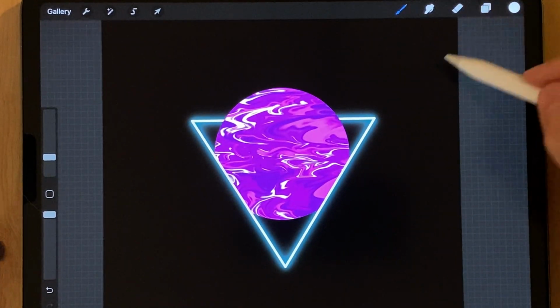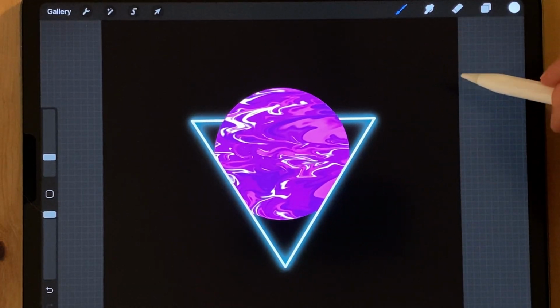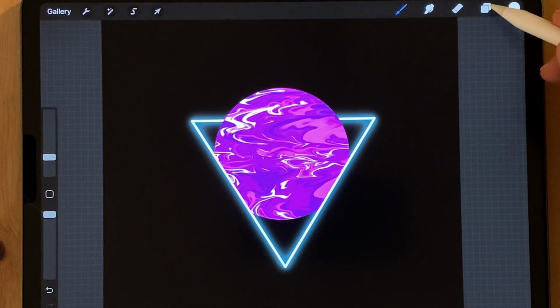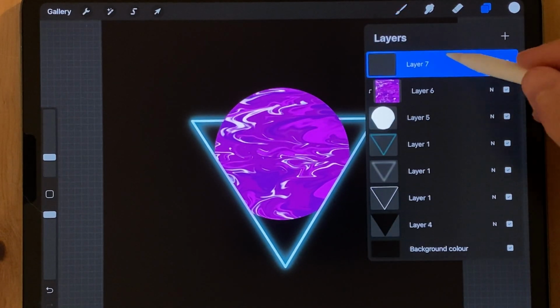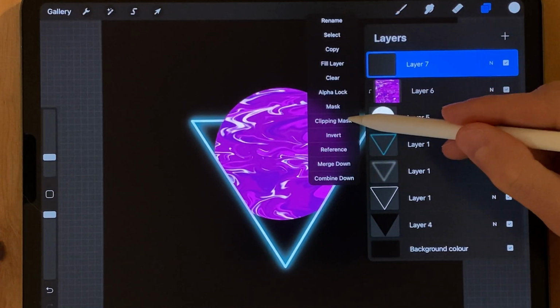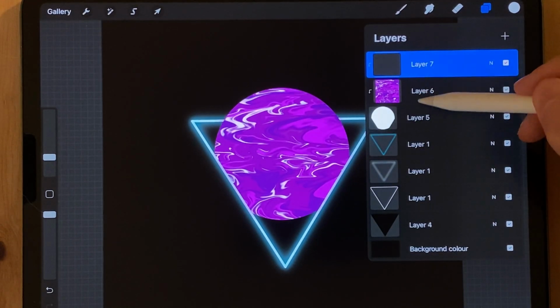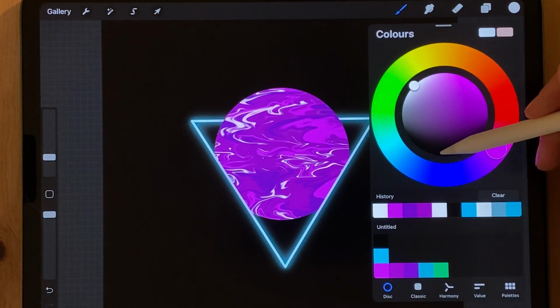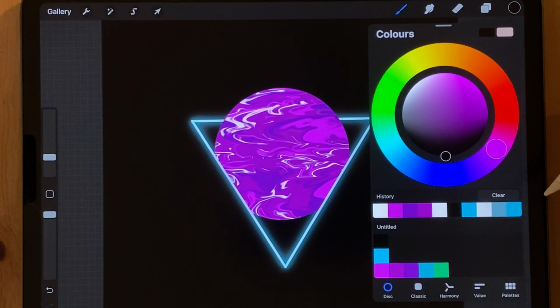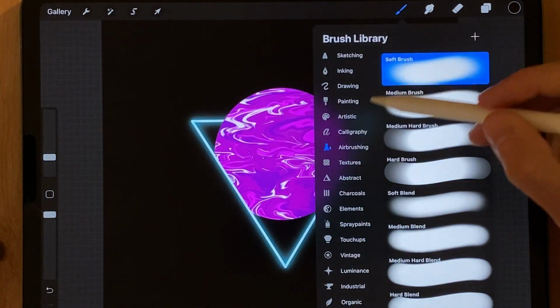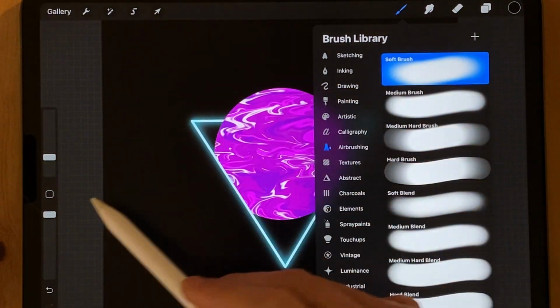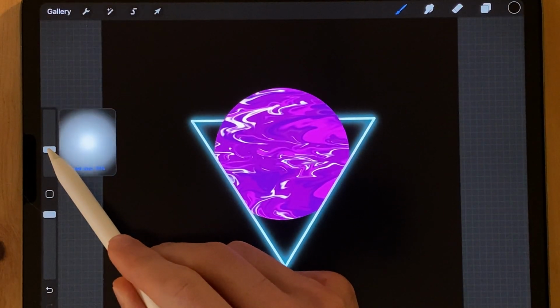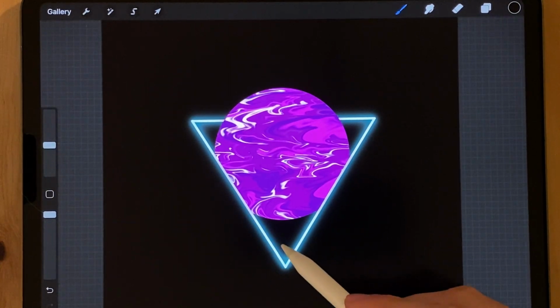We just need to start adding some shading in here, extra bits of lighting, and also some stars and maybe some reflections. So from here, we're going to create another new layer, and we're going to tap on that and select clipping mask. So this is on top of the gassy layer, which is also clipped to the planet below. We're going to select black by double tapping on the color palette at the bottom. And with this one, I'm using the airbrush, the soft brush, and we're gonna start around about the 20% mark,